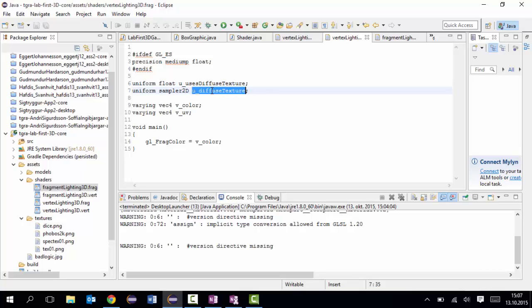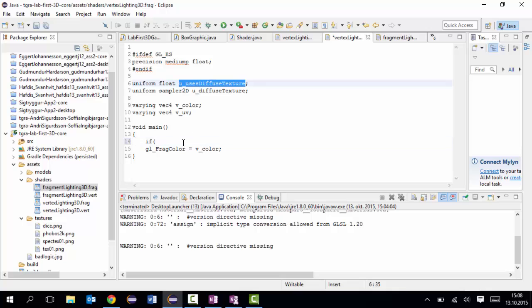And I'm using this sampler here for the diffuse texture. So I'm adding the sampler, and that's the main thing. The uses variable here isn't such a big deal, but it's nice to have it just to be able to switch textures on and off if you want to render one object with the textures and another one without. So now I have these variables, and what I basically want to do is to say if, just copy this here, uses texture,